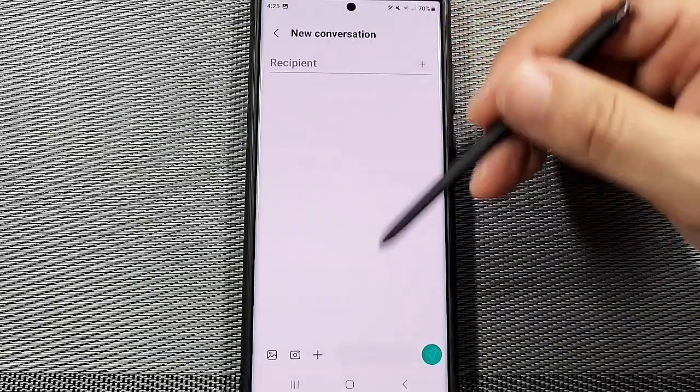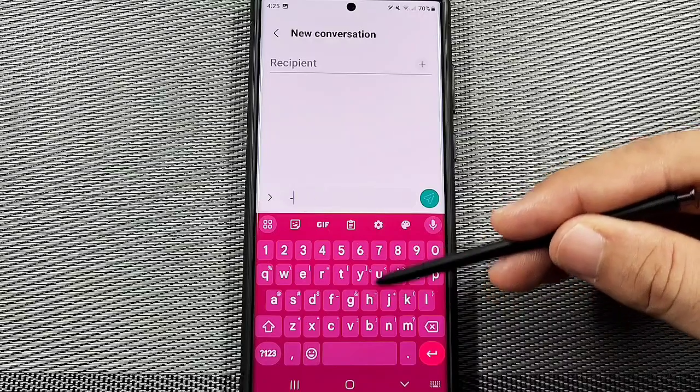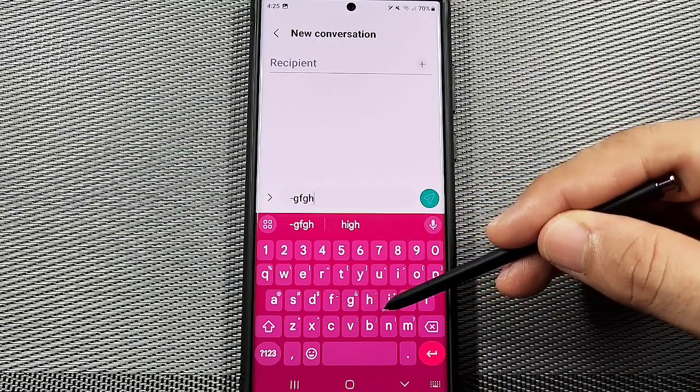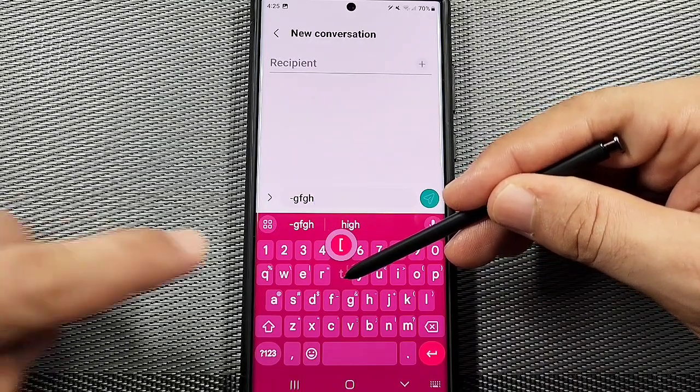So when I come out of here, I'm gonna start typing. When I tap on one of these letters here, you'll see how it's gonna show me. Notice when I tap on a letter, it's gonna pop up. That's the pop-up on key press. But when I long press one of them, like the T for example, you'll see how it's gonna reveal that